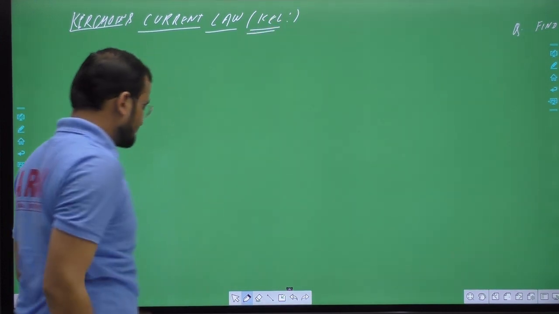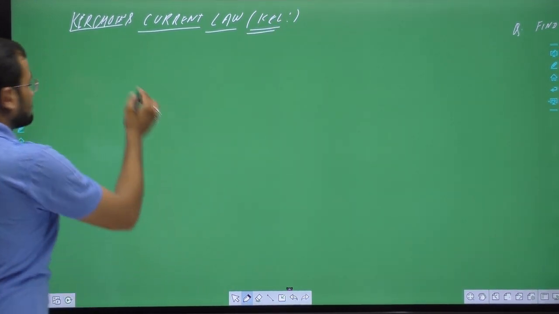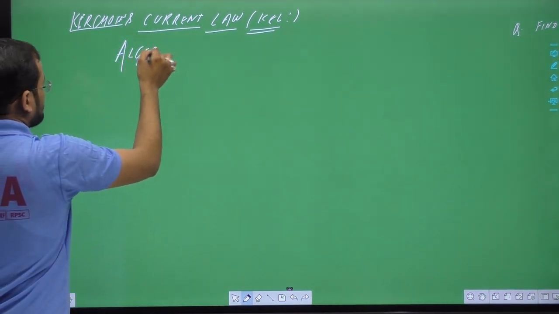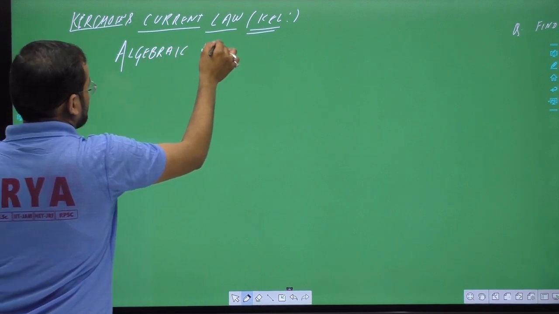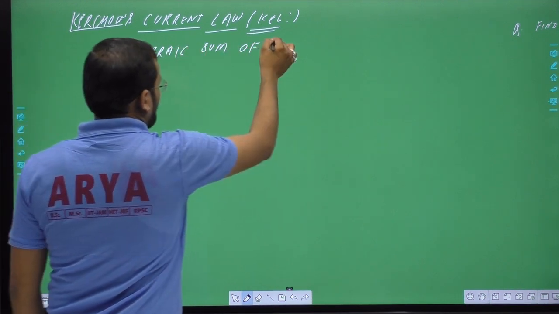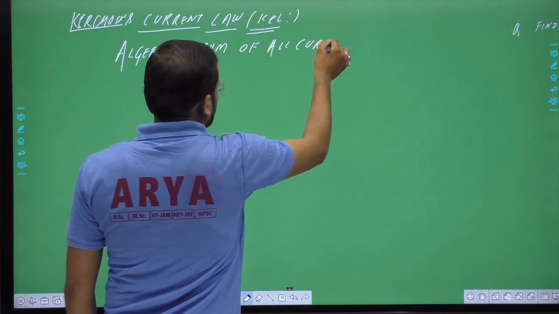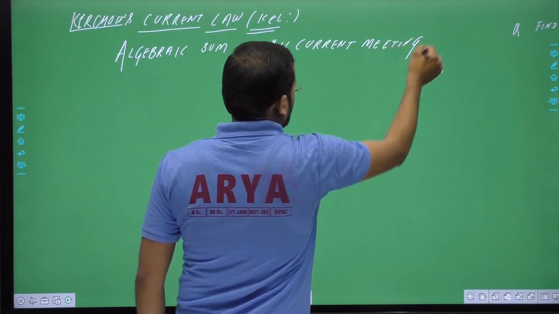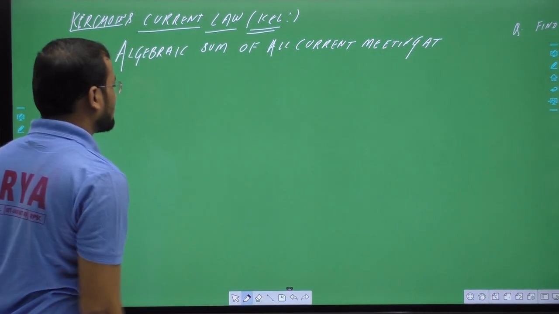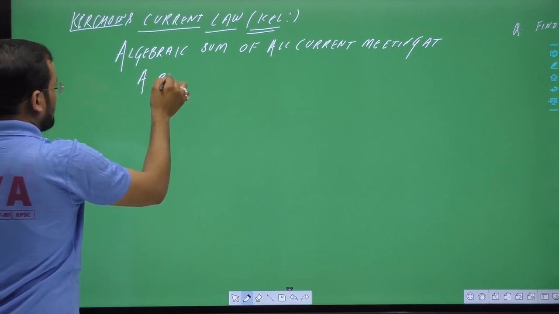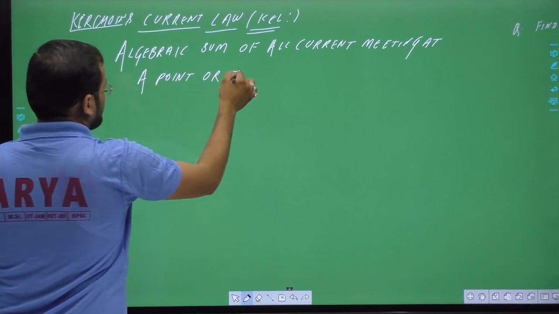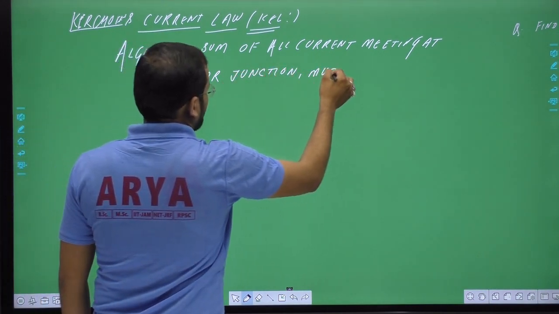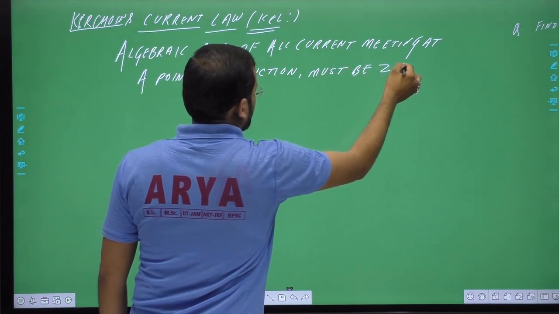So what KCL tells us is that the algebraic sum of all currents meeting at a point or junction must be zero,